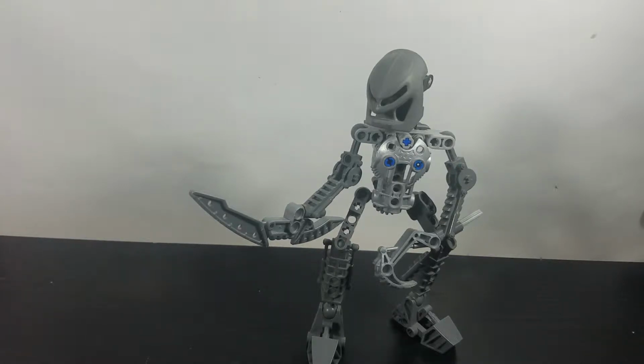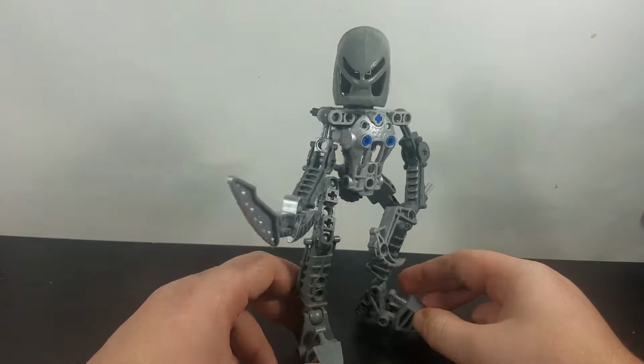It's been quite a while since I've uploaded anything on Bionicle mocks, and the main reason for that is I just really haven't been building any. I kind of fell out of Bionicle for quite a bit, but due to some recent stuff, I decided that I wanted to come back and make some more mocks because mock making is really fun and it's awesome. But you might recognize this guy,